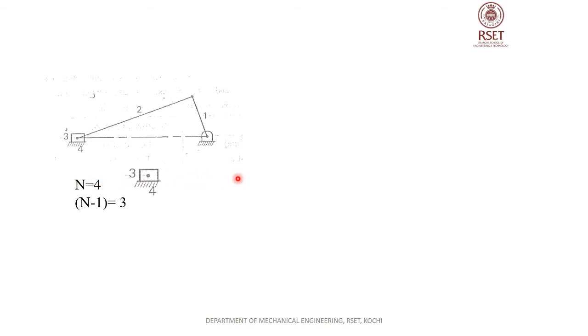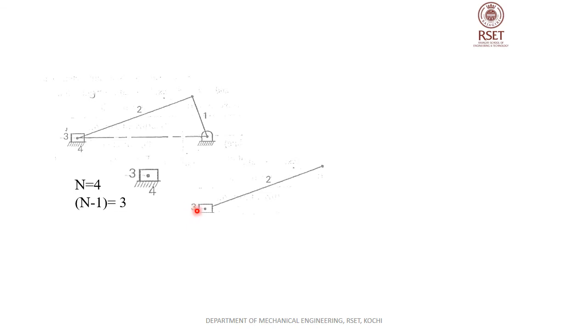That is the sliding motion along one axis, the horizontal axis. One sliding motion is possible. So this is a kinematic pair with a single degree of freedom. Now let's check the next kinematic pair, that is 3 and 2. What about 3 and 2? 3 and 2 form a kinematic pair, in which 2 is the connecting rod and 3 is the piston of an IC engine.